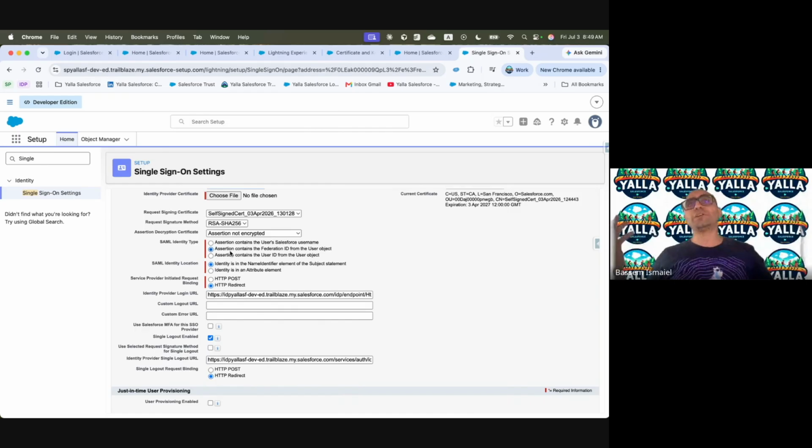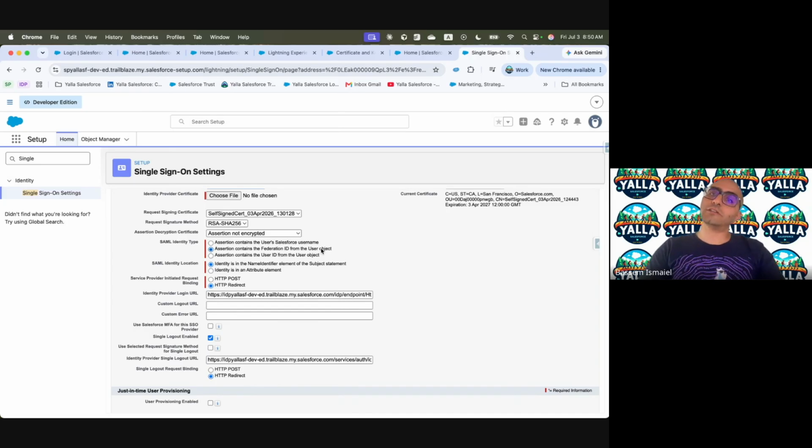In any org, I'm assuming you might have an employee ID, H1234, S79, whatever. This usually comes from the Active Directory, and you have your employee number. So we are saying, guys, we will not be dealing with username. Workday might have a username different than Salesforce, than the IDP, and all of these things. So let's align on using the employee ID itself as the way of communication between all of these service providers and identity provider. And this is where I am saying SAML identity type, do not use the Salesforce username, but use the Federation ID from the user object.